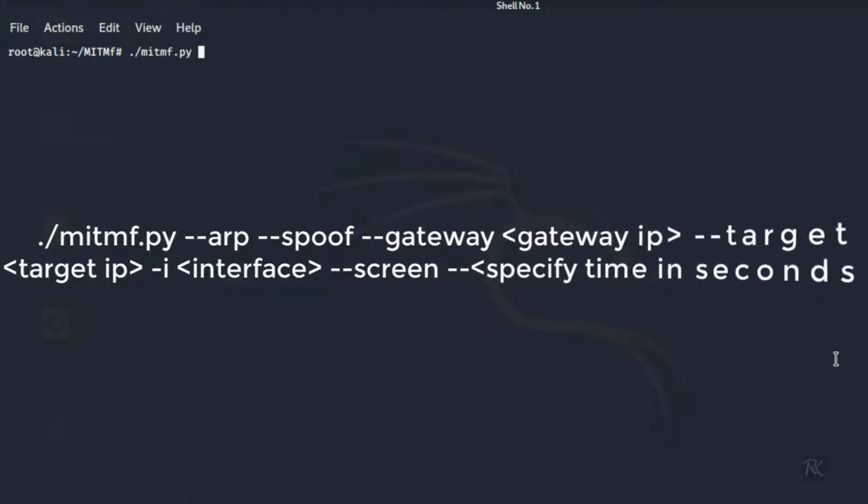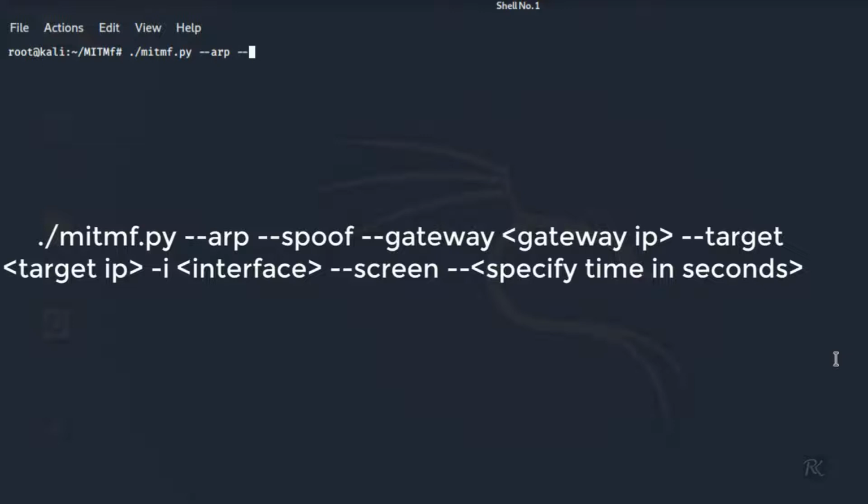So we are using these two options today. For that you have to give the command ./mitmf.py --arp --spoof --gateway, and enter the IP address of your gateway.